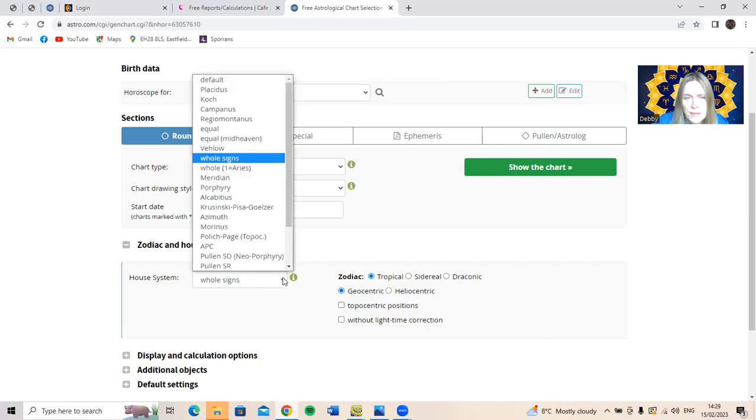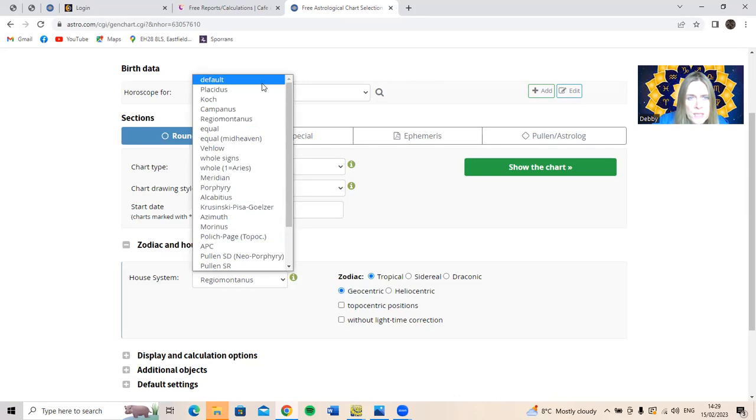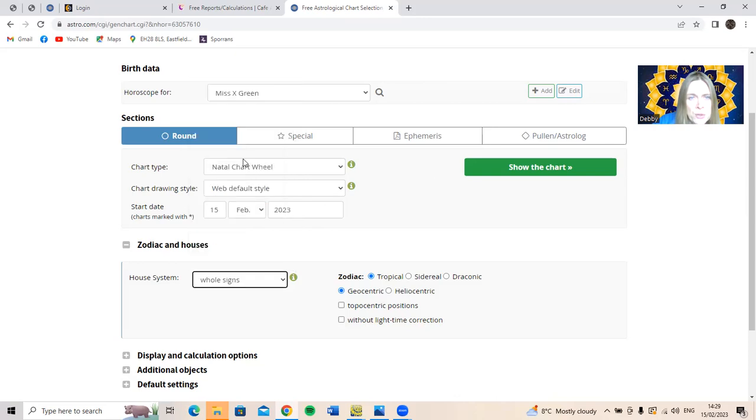So you could click down here and go to Regiomontanus, which is what I've been told is the best system for horary. So yeah, you've got a whole list. If you didn't click the default, it would naturally go to Placidus. It's Placidus Koch. I don't really even know many of these, but anyway, my point is click on just the whole signs bit,